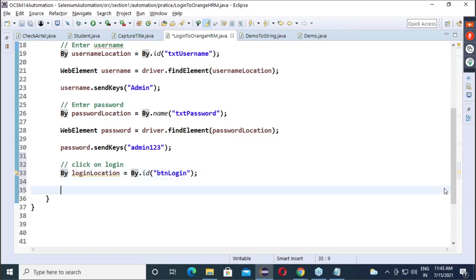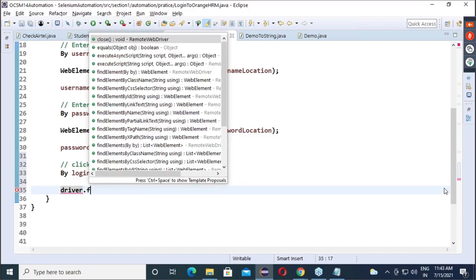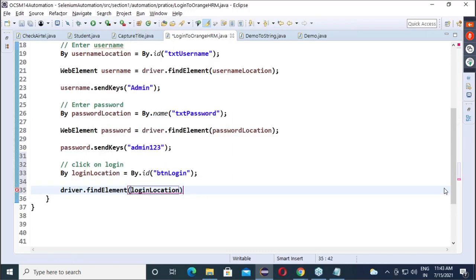After this, we will give this location to whom? findElement. So boss, go find the element by login location and give me the login button. Is everyone clear? Give me what? Login button.